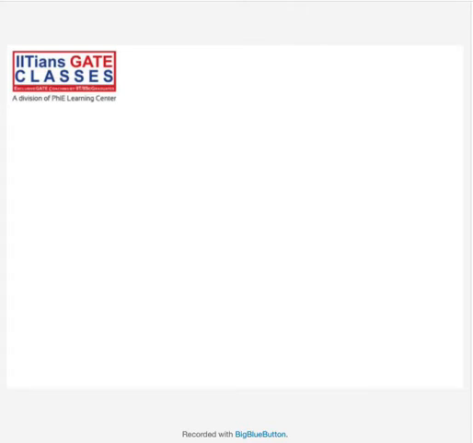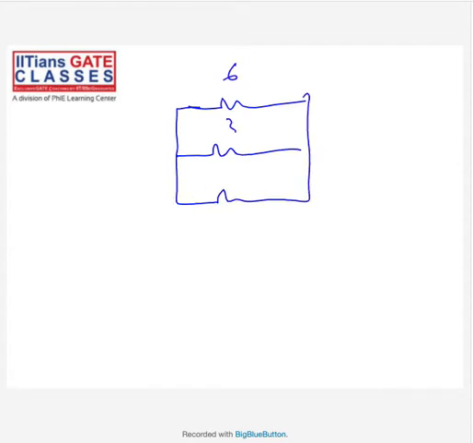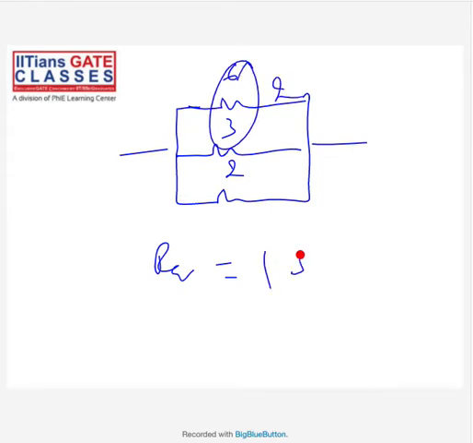So if this is clear, again, answer the basics or tell me the values. 6, 3 and 2 in parallel. What is the value? R equivalent. 6, 3 and 2 are in parallel. I've seen some new people, that's why I'm going to the basics again. So tell me, 6, 3 and 2 parallel is 1, right? 6 and 3 parallel is 2. 2 and 2 parallel is 1 ohm. Okay, these concepts you have to understand.